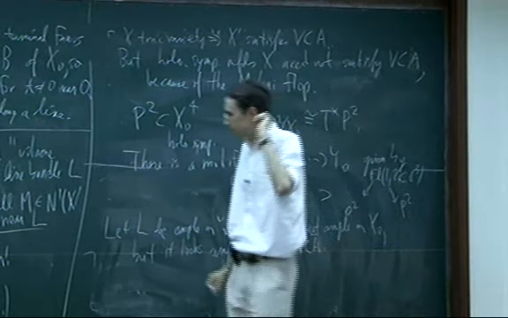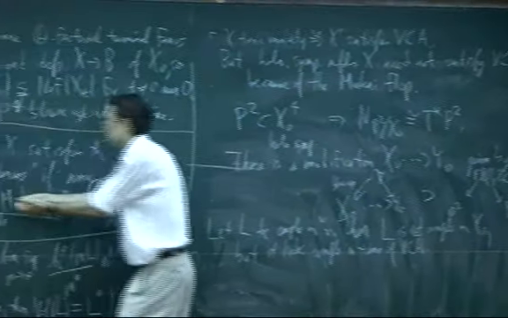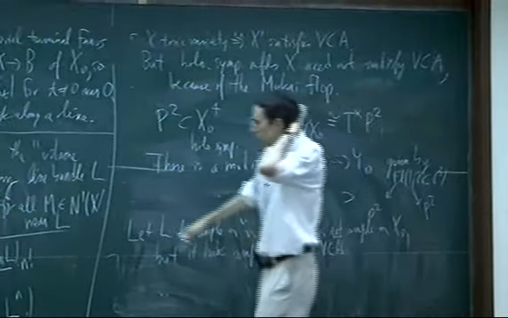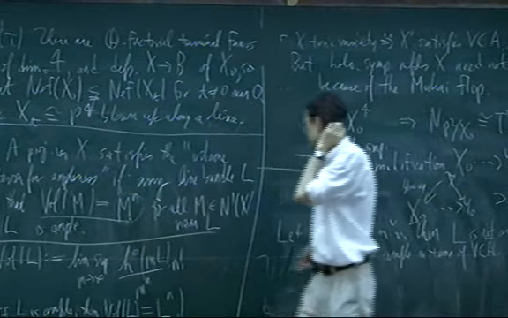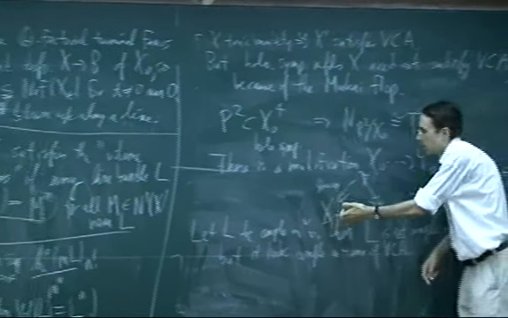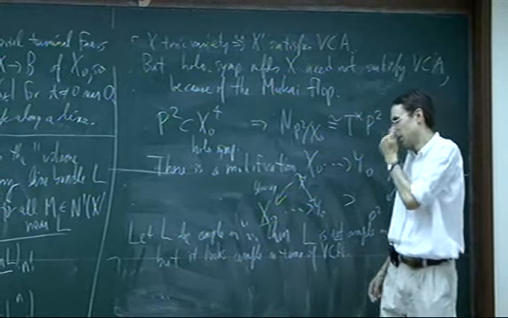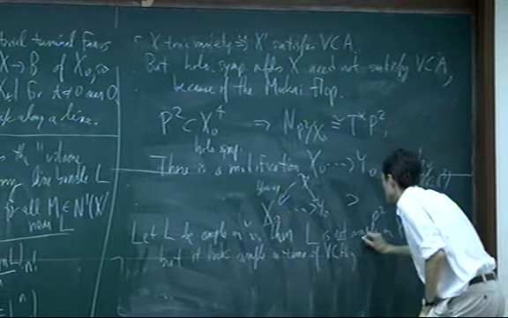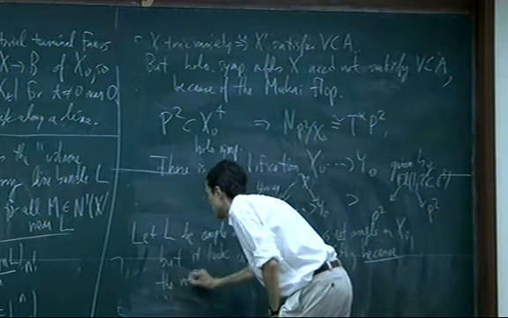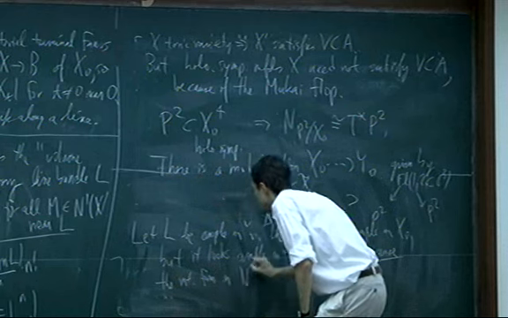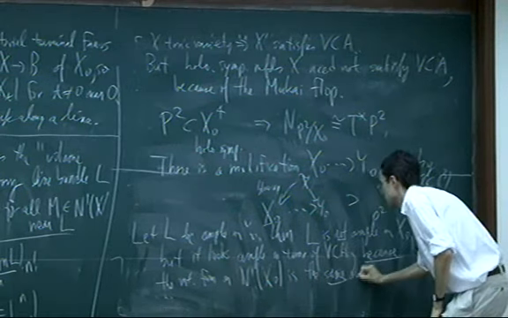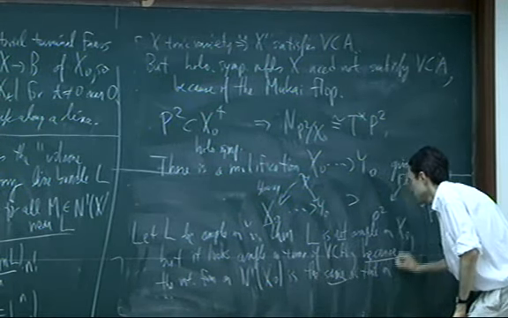Okay, so why is that? Well, the volume of L, how many sections L has, is just the same on x naught as on y naught. So the thing that's making this L appear to be ample is the fact that, I claim, intersection numbers of divisors on x naught are exactly the same as intersection numbers of divisors on y naught. So the intersection form on divisors on x naught is the same as that on y naught.